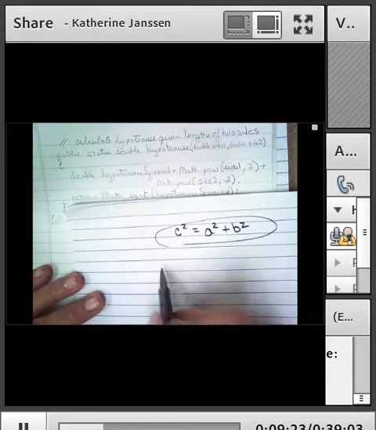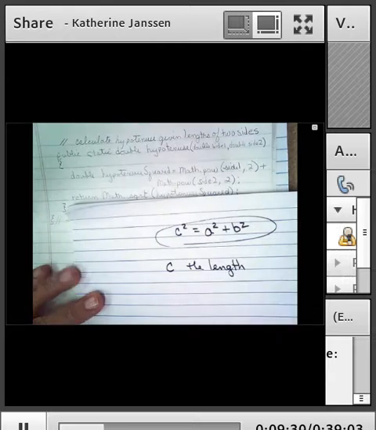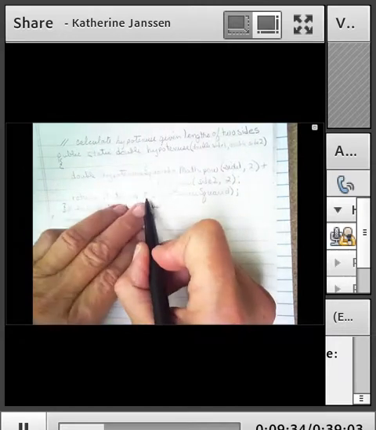And we've solved for c squared. Now we want to solve for c, which is the length of the hypotenuse. So we're going to return math, find the square root of,